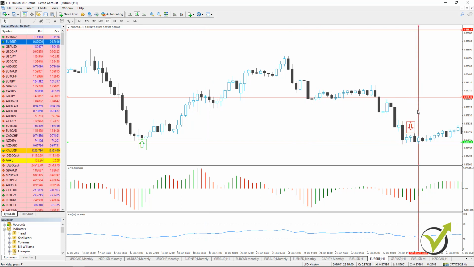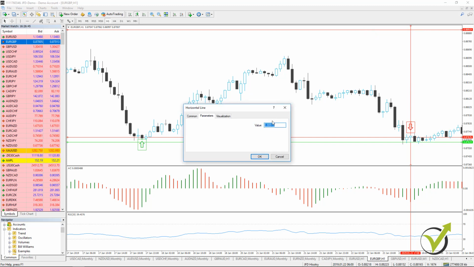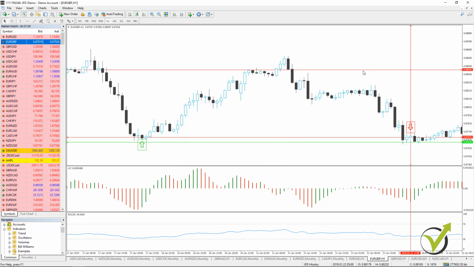I will move the vertical and the horizontal line right over here, and then I will move it to this bar. So here is the entry at 0.8767, and I will not look at what happened to the price further on. I will put the stop loss and the take profit. So let's fix the stop loss over here. We have entry at 0.8767 plus stop loss of 78 pips. We will have it at 0.8845.6, right here.